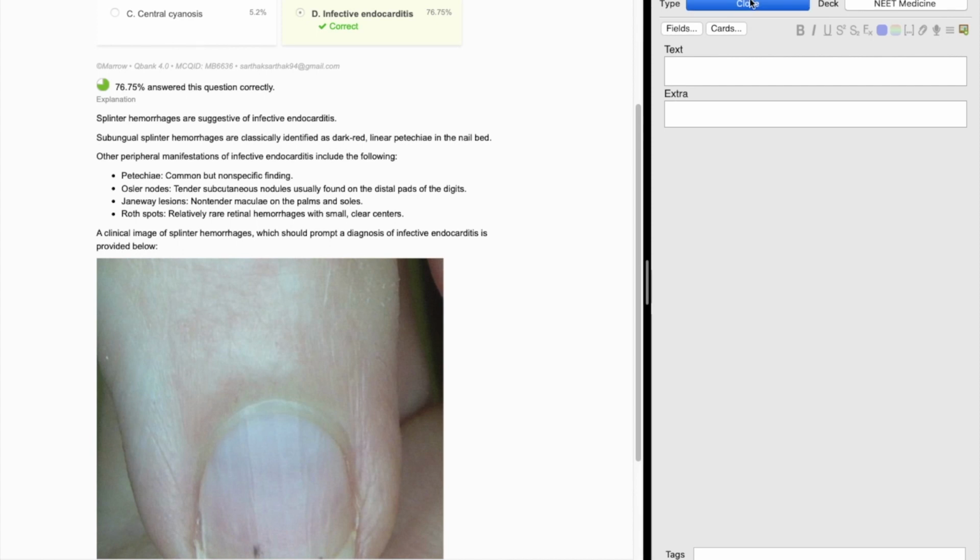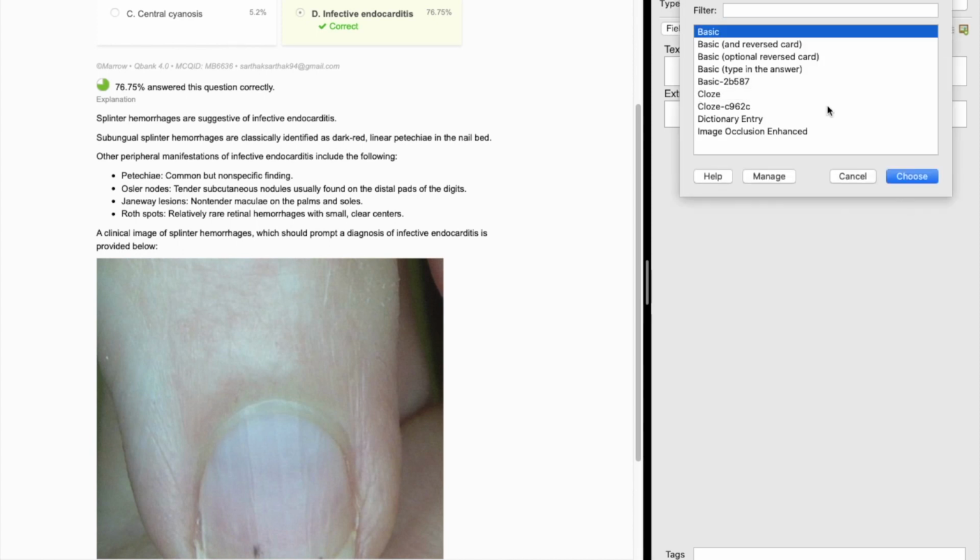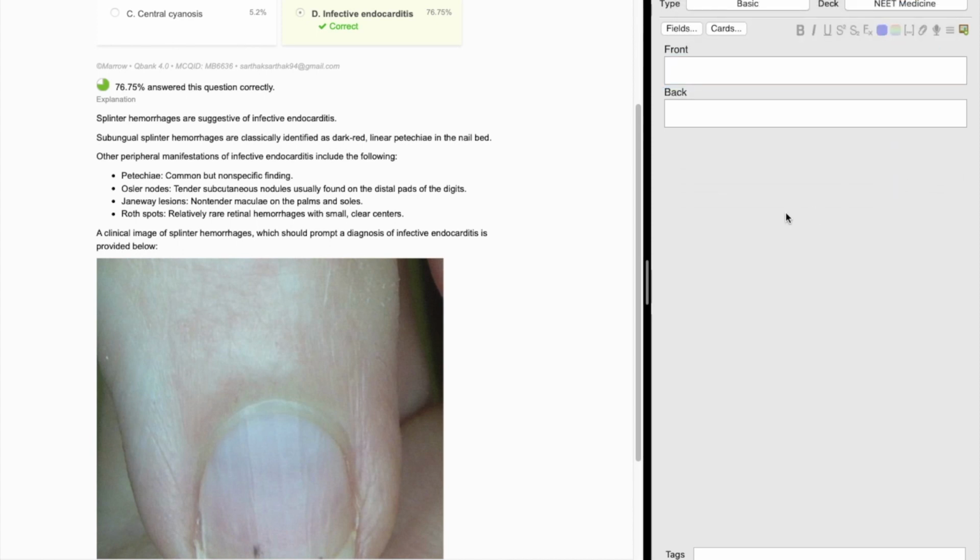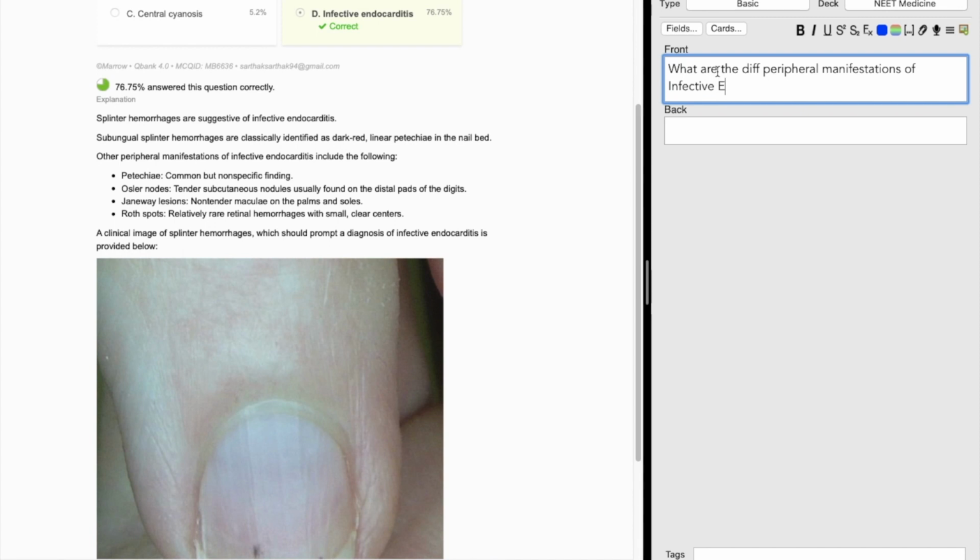for this flashcard, I'll be using the basic type. Now I'll write what are the different peripheral manifestations of infective endocarditis, and I'll write the answer here.